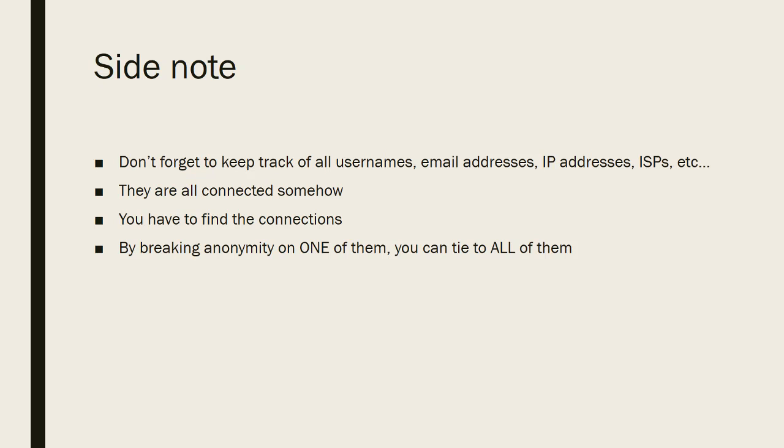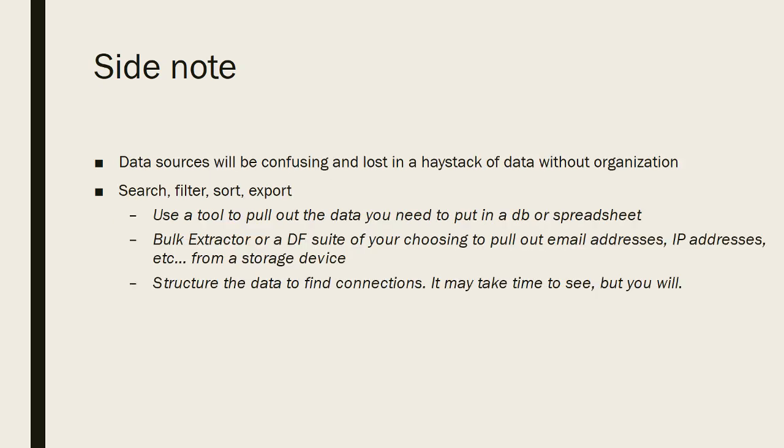Many of the connections you're not going to be able to find. You're just simply not going to be able to find a spoofed email sent from a Tor exit node. It's hard to find that connection other than looking at the content of the email. It may be something private and personal, only known to the suspect and the victim, and that can tie it, or perhaps it may be something else. The username account may be connected in some fashion. But your goal is to break just one of them. Just 1 out of 100 or 1 out of 1,000, because if you can break one of them, all you need to do is start tying that one to another, and eventually you can break it all open and tie them all together.